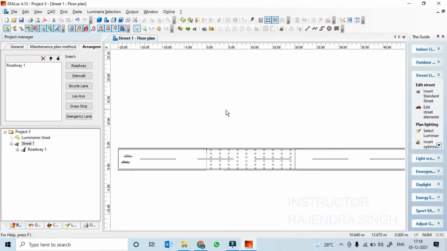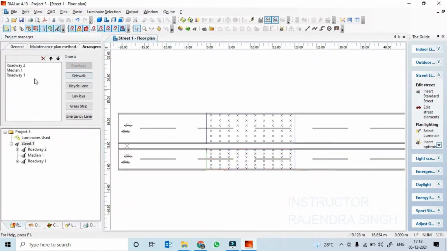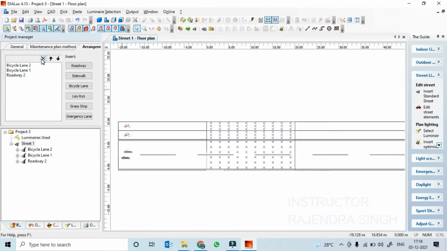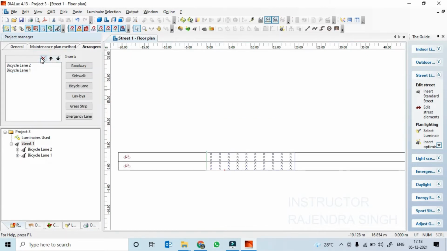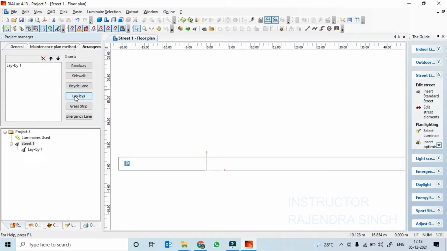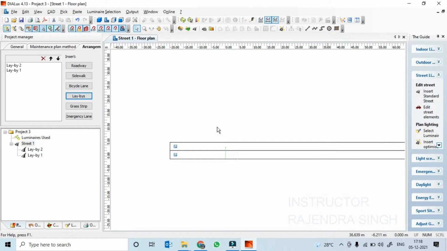So roadway, you can add bicycle lanes, you can add additionally, right? So you can add whatever is required and delete all this which is required. That we can put it here, and then we will see the length here.